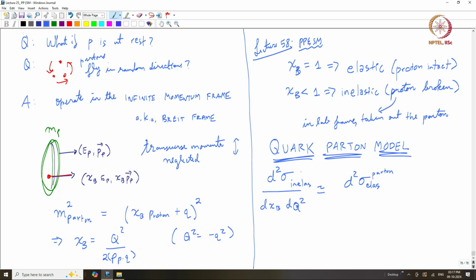So if you want, I can write it here also. So here it is the proton, inelastic scattering on the proton can be written as the elastic cross section scattering on the partons but with